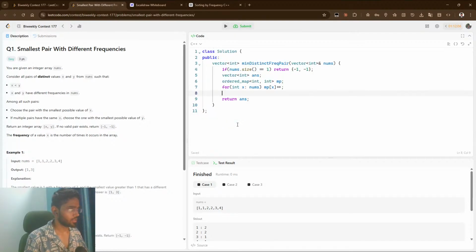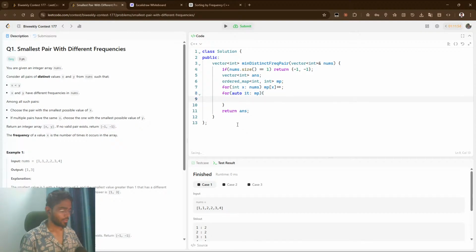Oh my god, for auto it on map, ठीक है, whoever is the smallest value, if ans dot size equals 0, ans dot push back it dot first, and at the same time